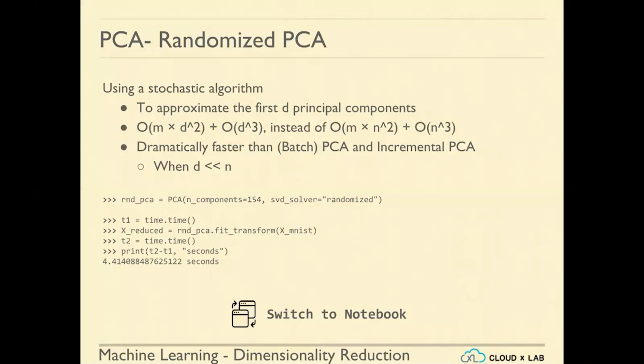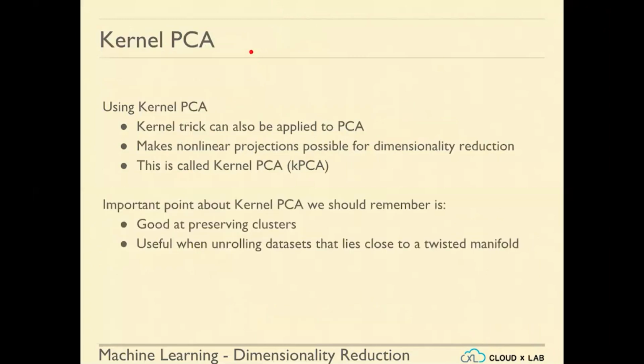So randomized PCA is great if your number of dimensions is far lesser than the actual number of instances. Okay, so